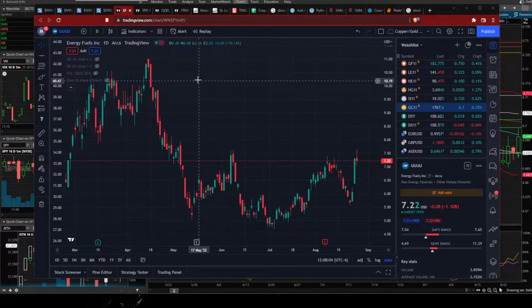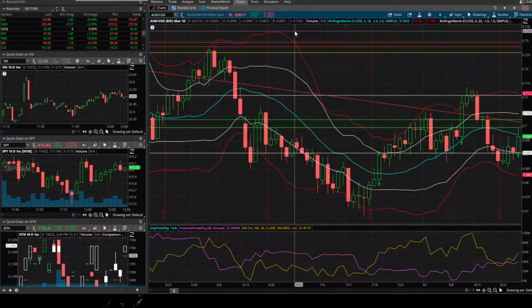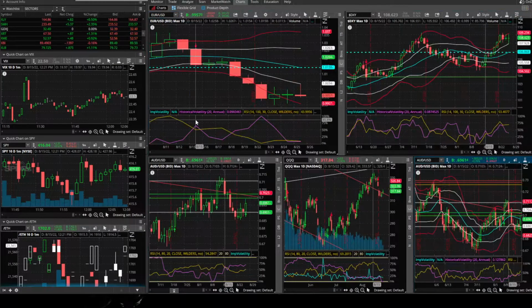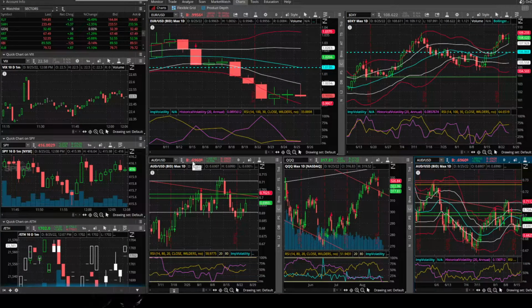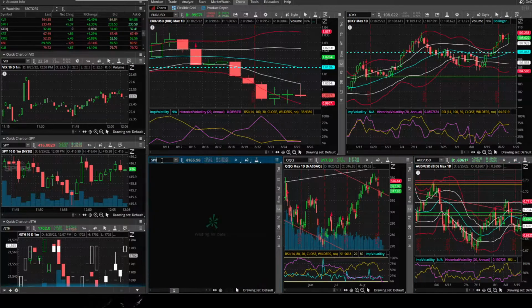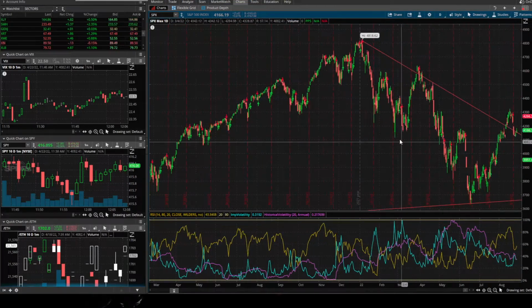There's a lot of expectation that Powell will be hawkish on that announcement. Actually, lots of retail and hedge funds are positioned increasingly short. They bought a lot of puts and they shorted a lot of futures. And today, as promised from yesterday, I'm going to go over options positioning in the market for September options expiration. I think there's a lot of clues as to what may happen in the next couple of weeks based on options positioning.